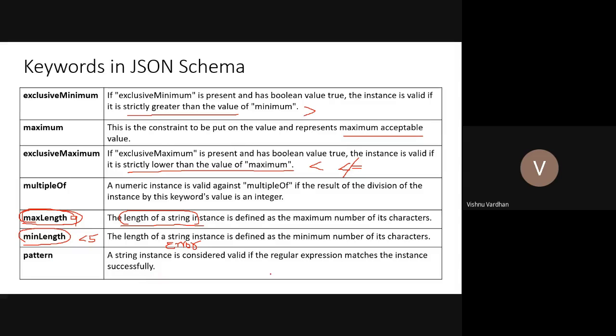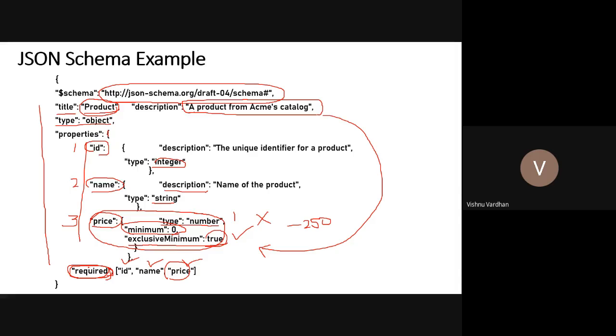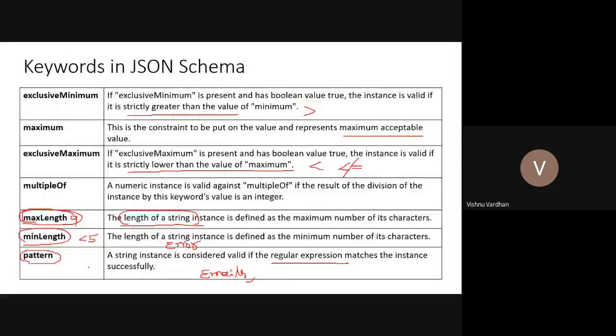Then pattern. It's like a regular expression. Regular expressions are generally used for emails, then PIN numbers, then your Aadhaar numbers. Some particular patterns are there. So all those patterns you can provide with some regular expression, and if it is matching, then only your schema is valid. So those conditions you can simply set. Here in this example, it is not there. Then these are all the schema constraints that you can apply.